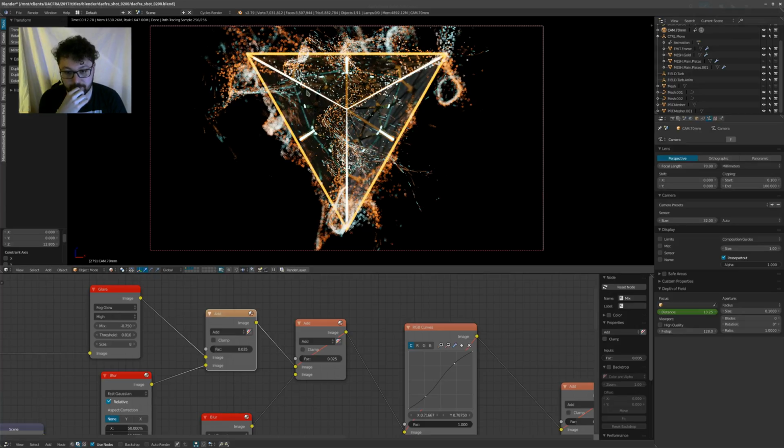I found that I use fewer wide lenses and more telephoto lenses in 3D. It depends on your scene. I'm trying to think if there's a good reason to use a wide lens. Oh yeah, if you're doing architectural stuff, for example, and you need to show an entire thing,